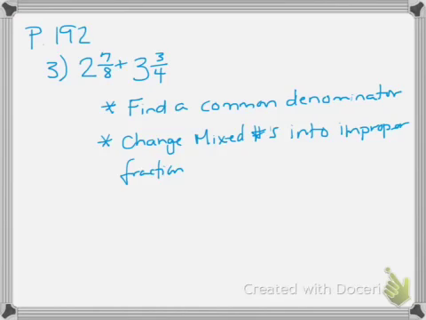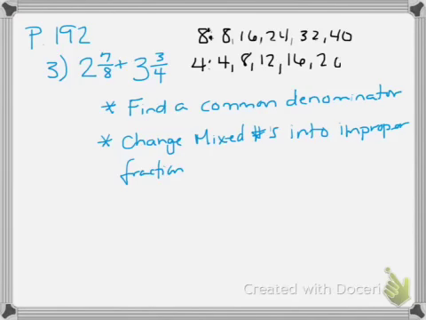We're going to find a common denominator. We find a common denominator by writing all the multiples of both denominators. So I will start by writing the multiples of 8. I'm going to write the first 5 and see if I can find one there. So we have 8, 16, 24, 32, and 40. Then I'll write the first 5 multiples of 4. So we'll do 4, 8, 12, 16, and 20. All right, some of you should be able to see what our least common denominator is,